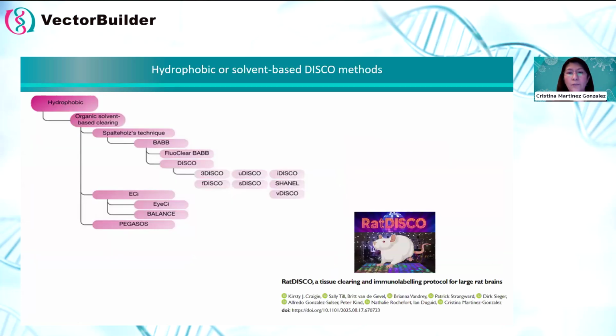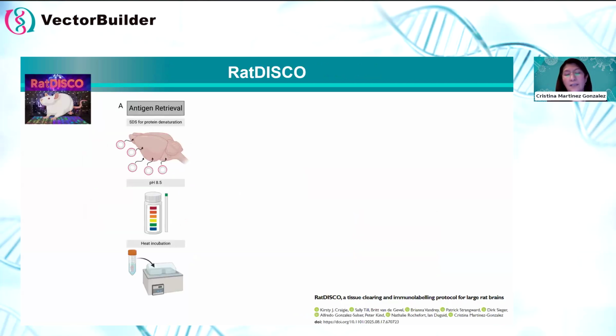I'm going to very briefly talk about RatDISCO, if I still have a couple of minutes out there. It's a method we just recently published, it's in bioRxiv if anybody wants to take a look. We're also always happy to share the protocol, bench protocol as it is. And because rat tissue is particularly huge compared to mouse, zebrafish, or even human tissue that can be obtained in small blocks, we decided to go old-fashioned anatomy histology again and go back to the 70s antigen retrieval protocols